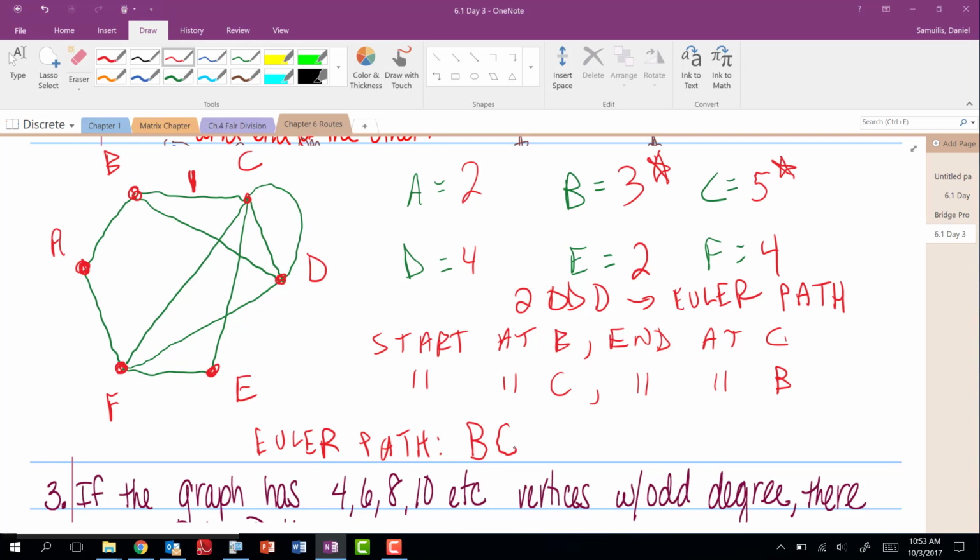Then I'm at C. Now what do I do next? Well, I have a whole bunch. I could go here, here, here, or here. I'm going to do this one. I'm going to go C to D. And by noting these numbers, I will be able to grade your work and just trace along.